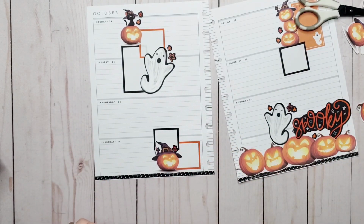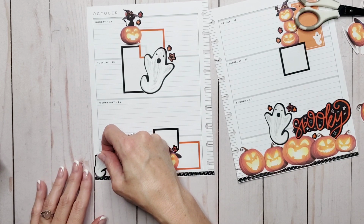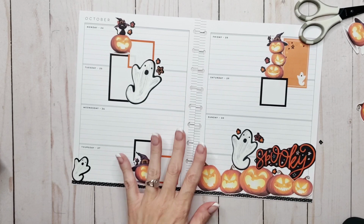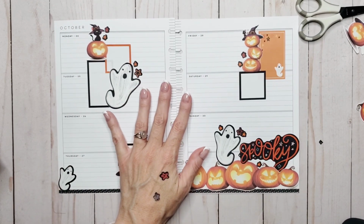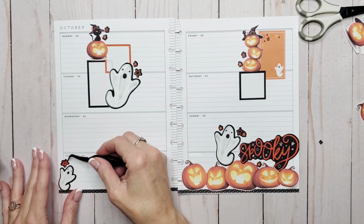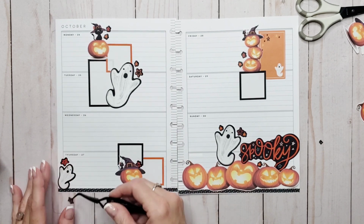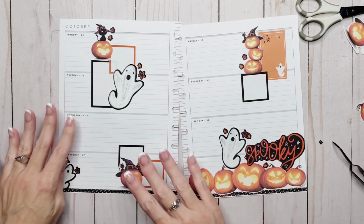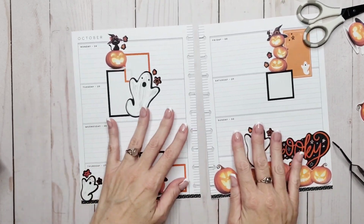There we go. We'll stick this guy down here. Sucks that they're both the same side, or they're facing the same way, but that's okay. And then we can put a little bit of star around him. These are so big, but that's okay. It just means he's going to grow into a big magical ghosty. He's going to grow into his stars. All right, I think